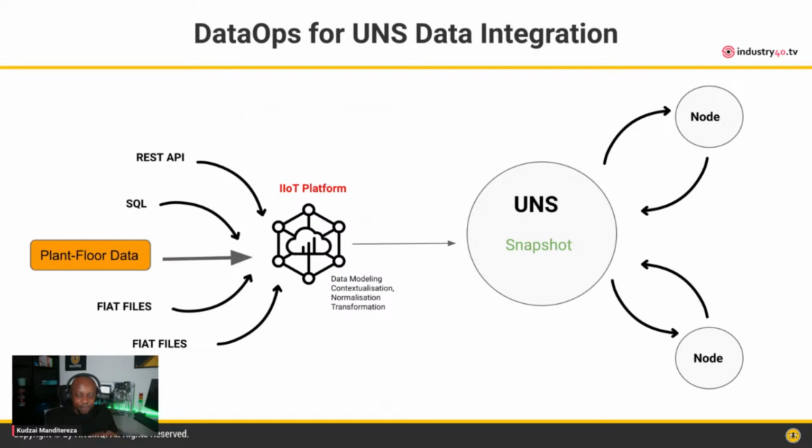So before that information can be pushed into the unified namespace, it needs to be massaged, as it were. It needs to be operated on to make it suitable for pushing into the unified namespace. For example, the example that I gave about a pump: if you want to create a model of a pump, you need to use an IoT platform that allows you to create a model of the pump, and then create instances of that model, and then use a legacy protocol, say Modbus, to read a specific tag, and then map it onto that instance